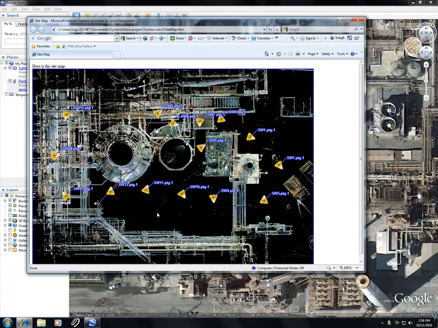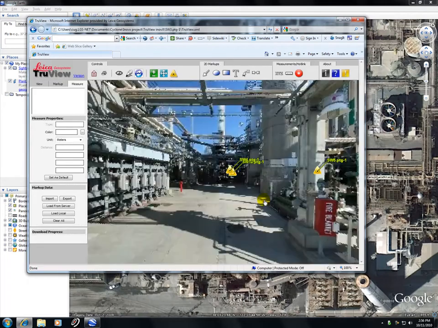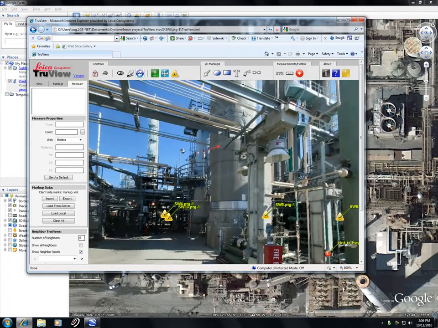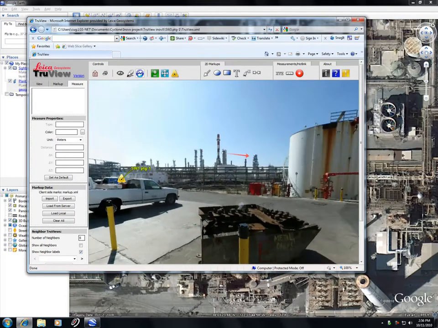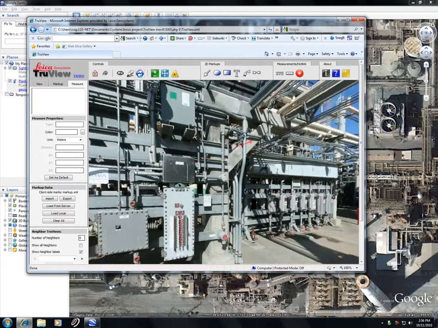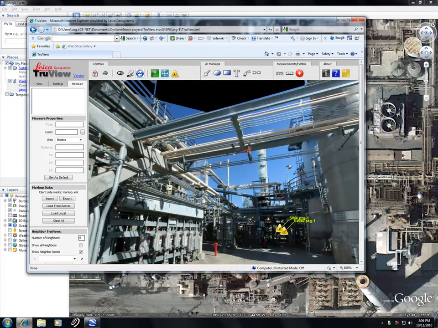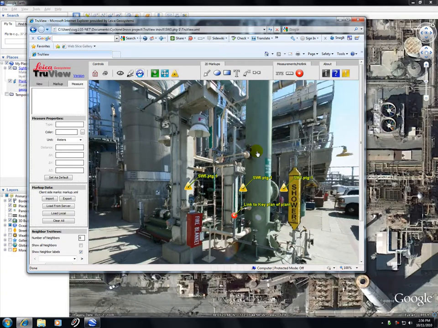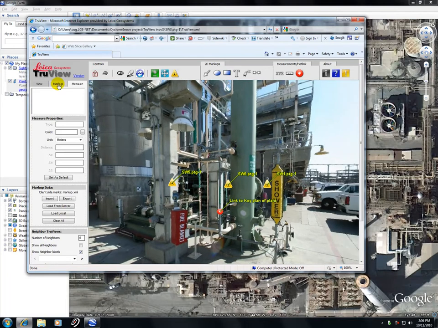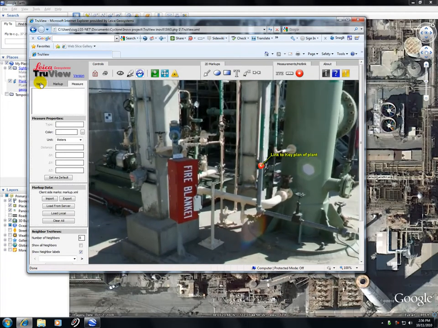Within this area, we can then open up a TrueView and investigate the plant model. In a Leica TrueView, you have all of the information of the point clouds and the imagery, as well as user inputted data such as redlining, specific to guiding a modeler to a certain area so he can then model. I'm going to bring up the views in the markup section,